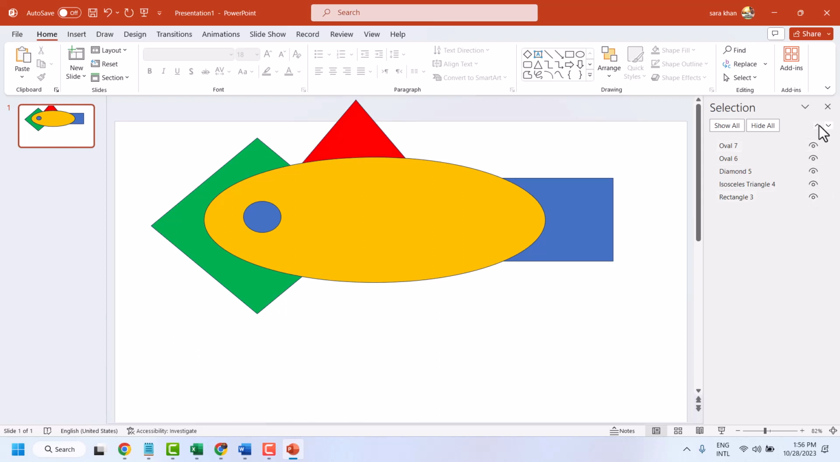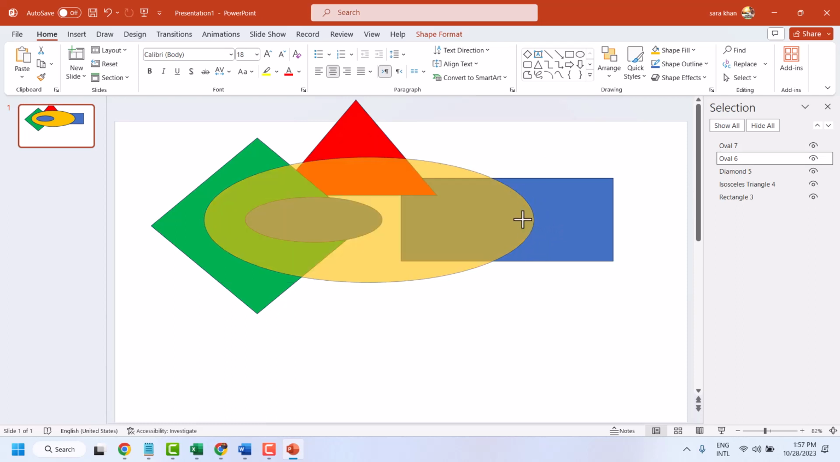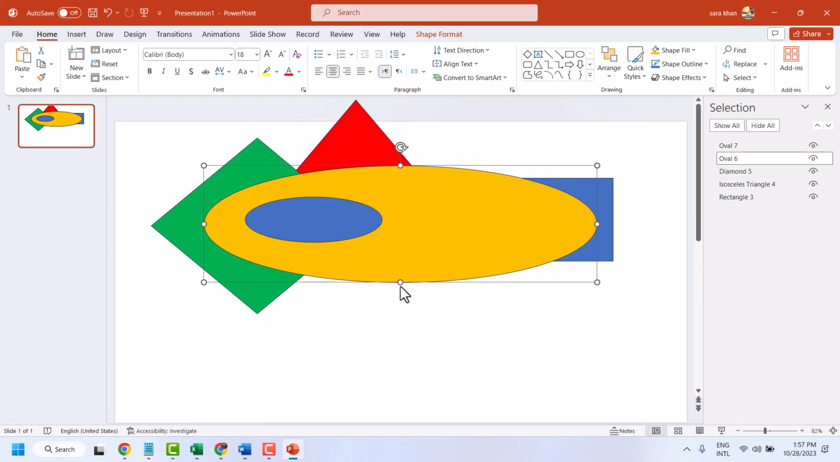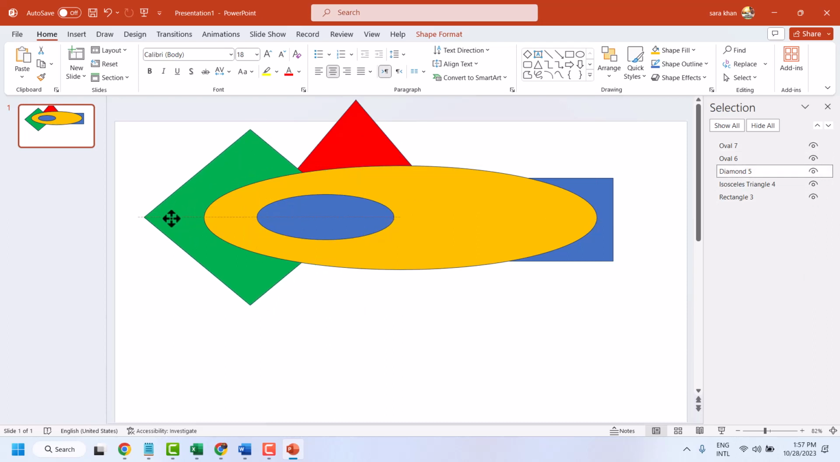Here are some more options. You can select any particular object. So this way you can select any particular one,